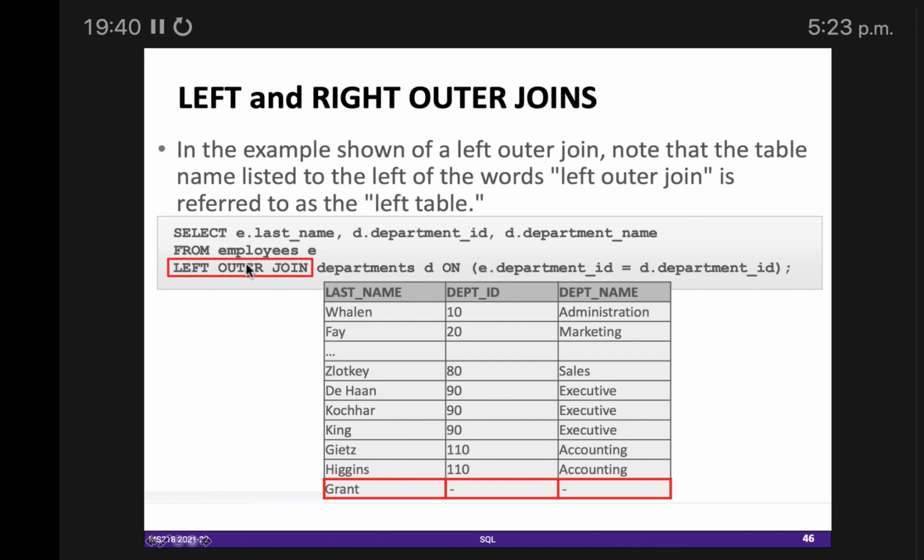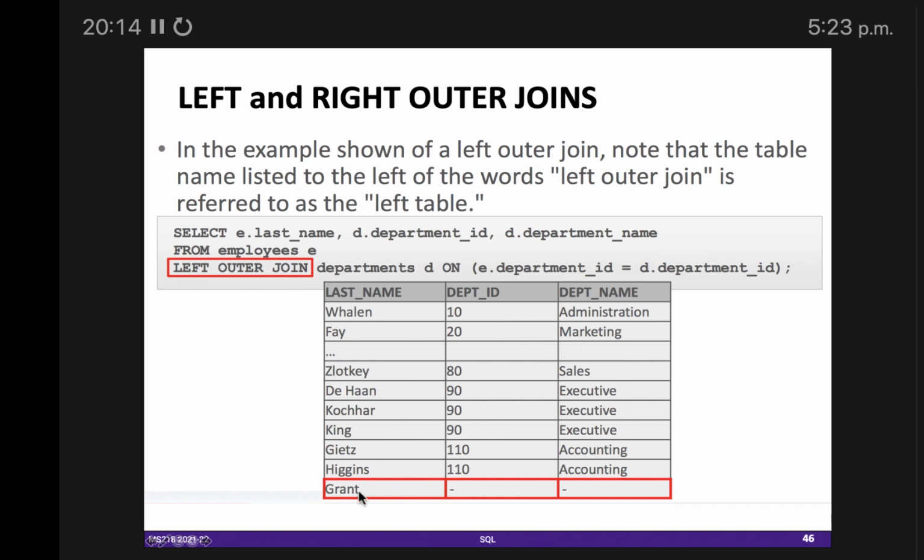So this is very simple. You can see select from employees. So we are saying left outer join. So instead of writing join, we are writing left outer. Okay. So this new keyword is added, left outer, department D on this criteria. So you can see even if this last name is empty, it's still, because it's not matching with any department ID, this result is still coming. Okay.